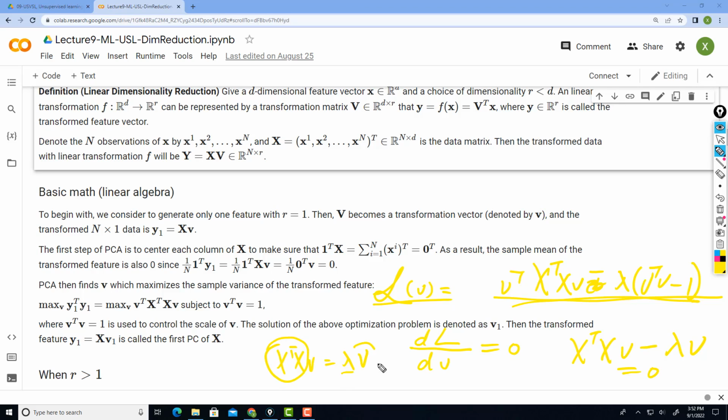So this V is essentially the eigenvector corresponding to the largest eigenvalue of this matrix. That's how you derive the first principal component using this optimization formulation, and then solving the optimization to derive the closed form. The closed form is essentially the eigendecomposition of this X transpose X design matrix. And if you remember, we used this matrix for linear regression: the inverse of this matrix times X transpose Y will give you the beta.